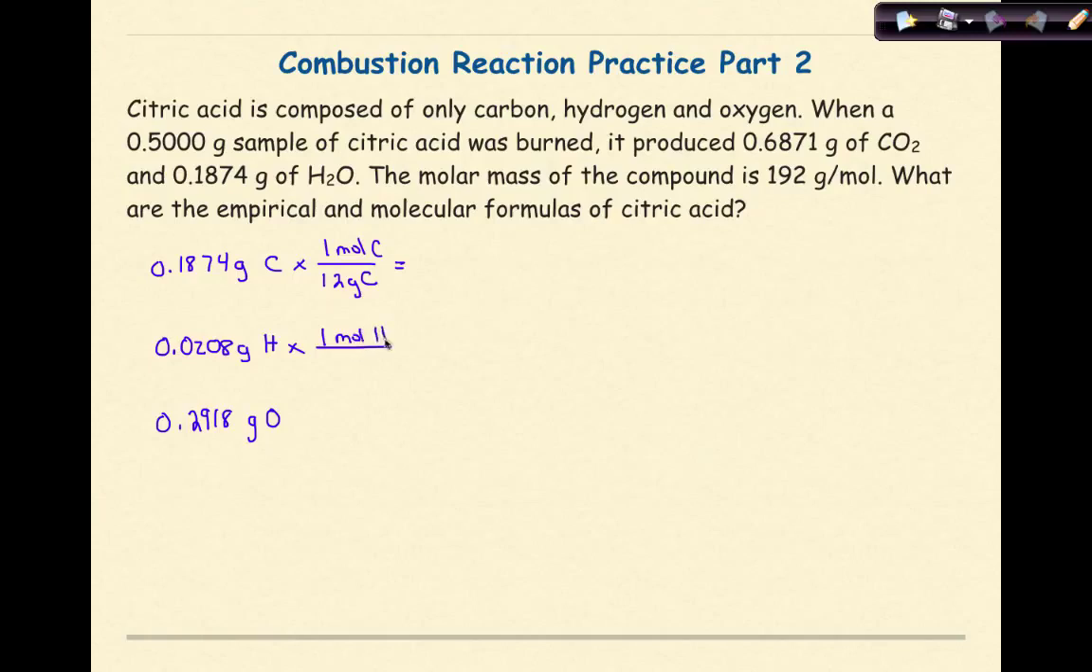So 1 mole of hydrogen is equal to 1 gram of hydrogen. And then finally, 1 mole of oxygen is equal to 16 grams of oxygen. Fine. So how many moles of carbon do I have? Well, if I work this out, I get 0.01562 moles of carbon. For my hydrogen, I get 0.0208 moles of hydrogen. And finally, at the end, I get